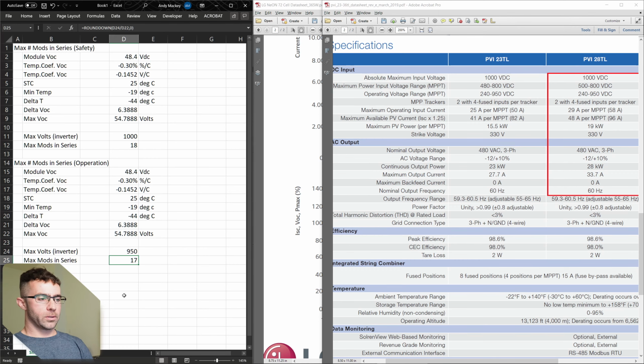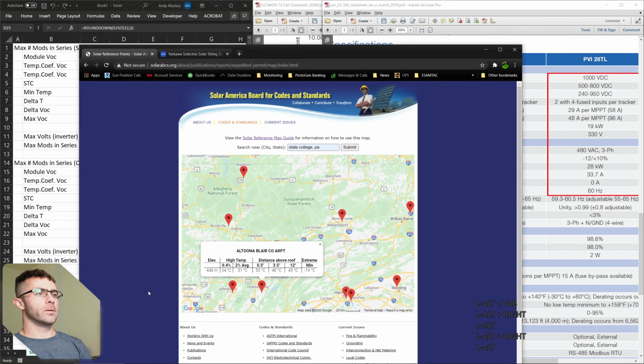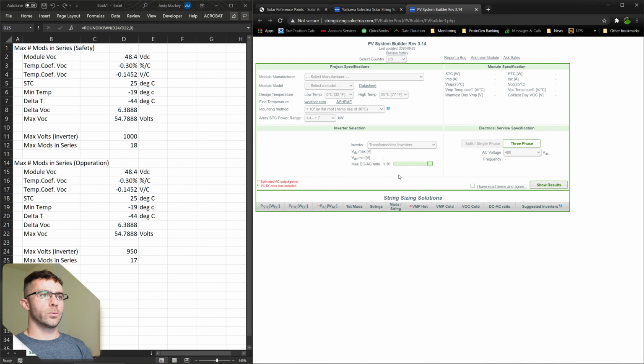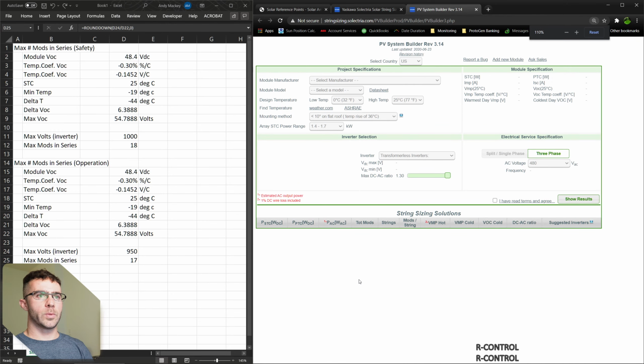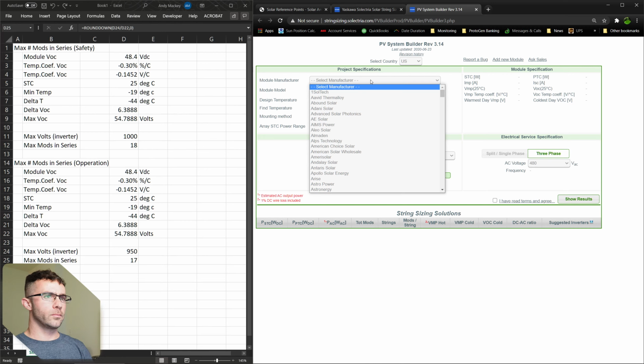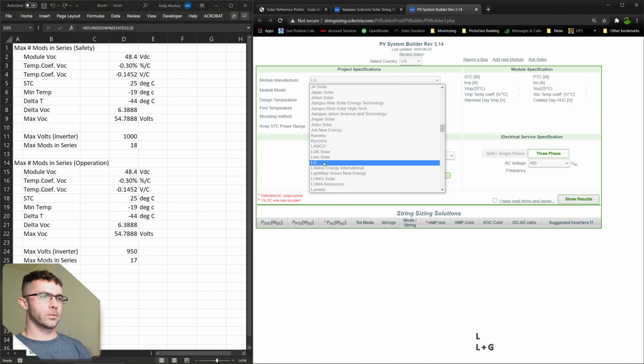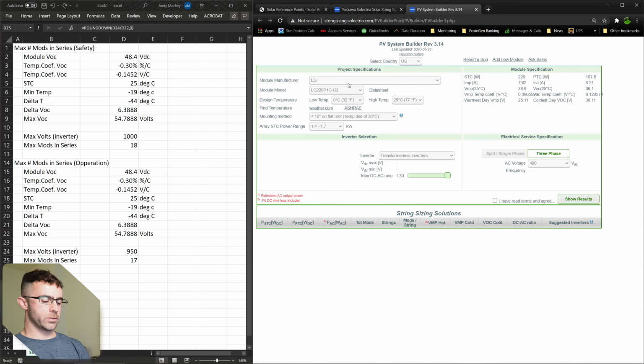So let's start looking at how Selectria would size this. If we go over here, click here to use the string sizing tool. It's just selectria.com, and you click through for the string sizing tool. You can just input this directly, but we'll click here, and I'll zoom in a little bit. Let's throw in our information. So we know we're using LG modules,